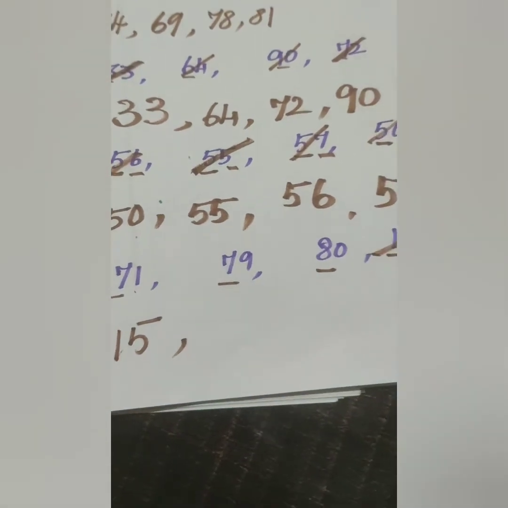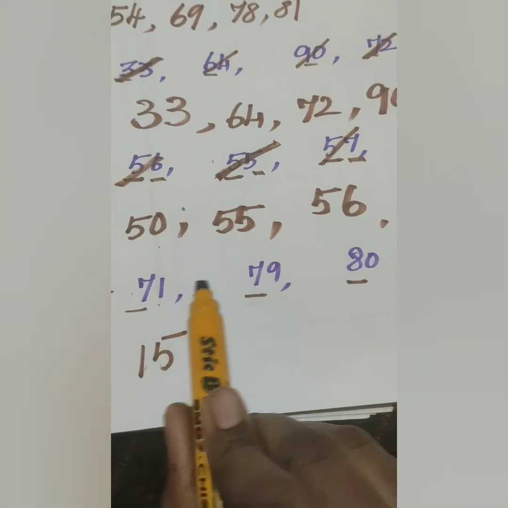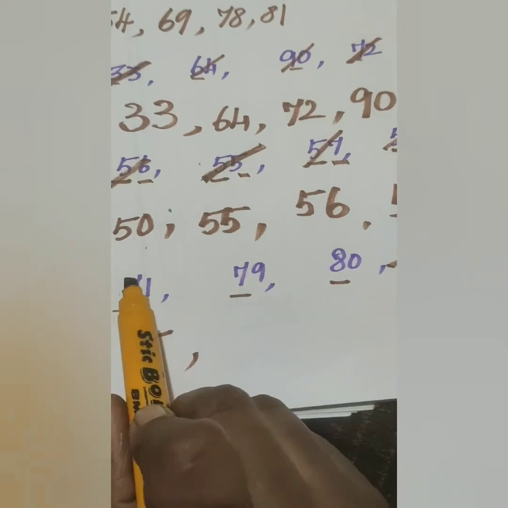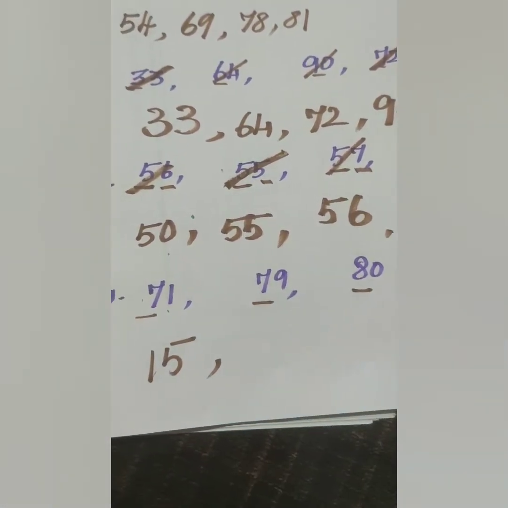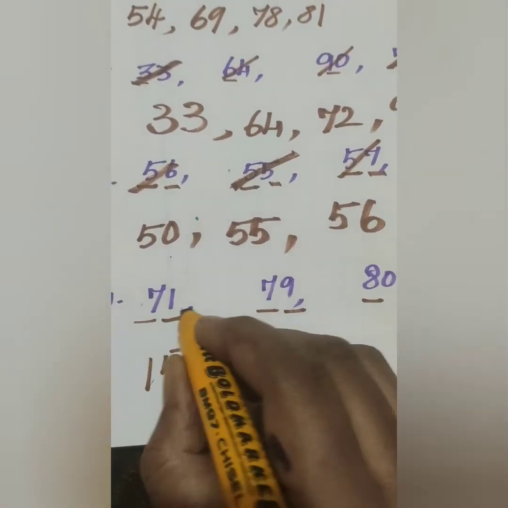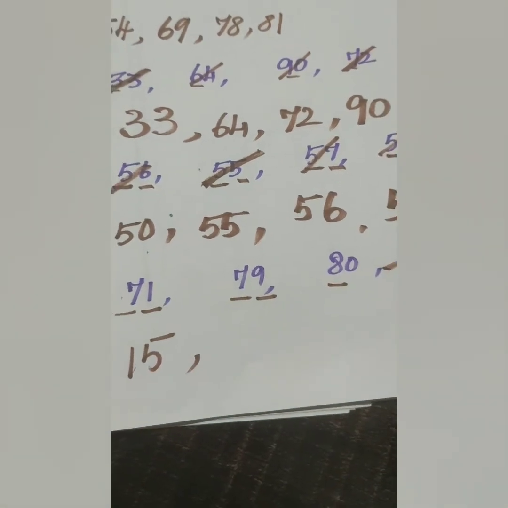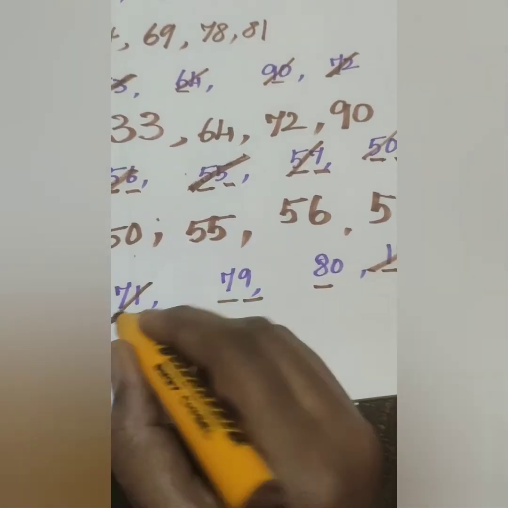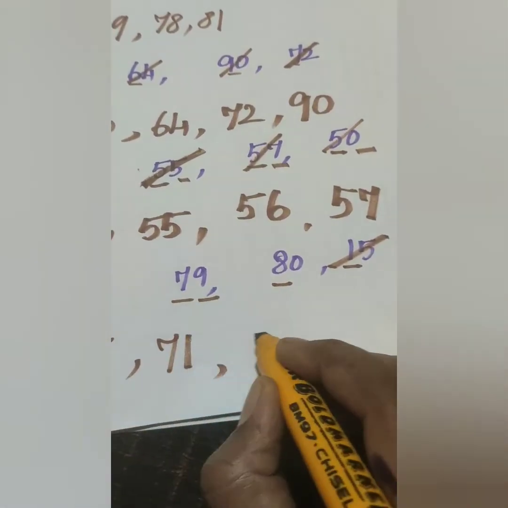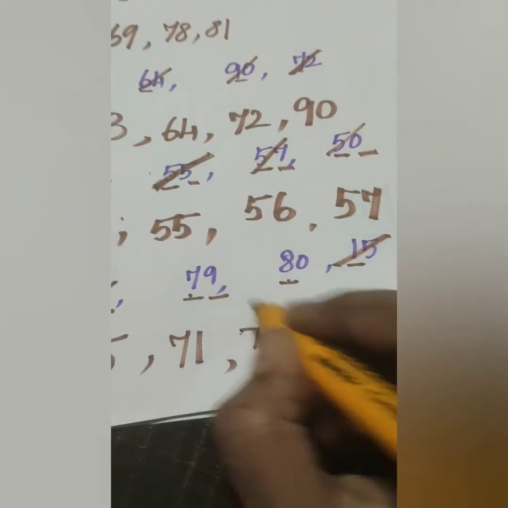And then the remaining numbers are 71, 79 and 80. When you compare 7 and 7, these two numbers are equal. When you compare 7 to 8, 8 is bigger, so it won't come here. For these two numbers we have to find out which is smaller. I told you already the first numbers are the same. We have to see the second numbers, 1 and 9. Okay children. See, is 1 smaller or 9 smaller? 1. So I have crossed 71 and written the answer 71. So automatically the next 79 will come there and then 80, because 7 is smaller than 8.